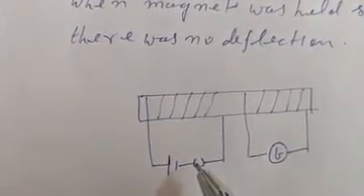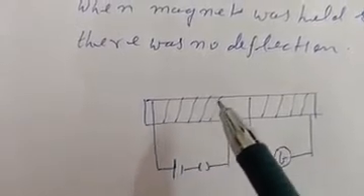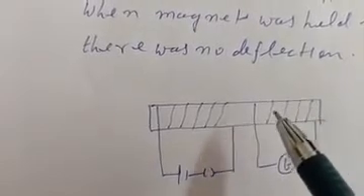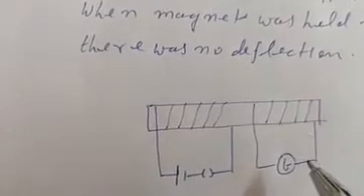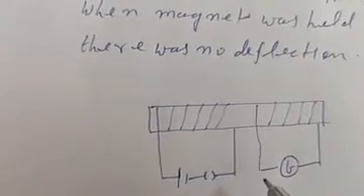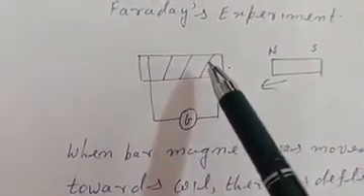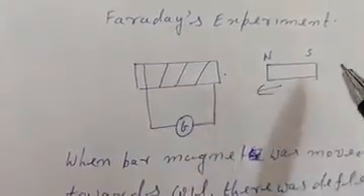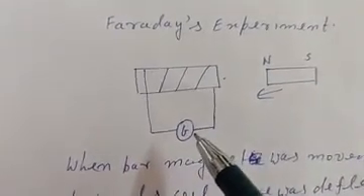Similarly, when this key was removed, the magnetic field will become 0, from maximum to 0. So it will take some time from maximum to 0. So flux will decrease in this case. And as flux decreases, again there will be induced EMF. In the first case it was increasing, there was a particular direction. In the second case it is decreasing, so that direction will be reversed. In this case as well, when we were moving towards this coil, then flux was increasing, so there was some direction of the current. When it was moved away, flux was decreasing, so the direction of current was reversed.